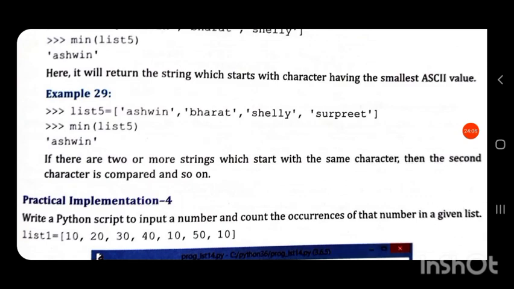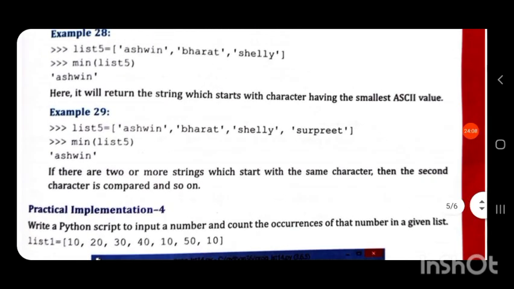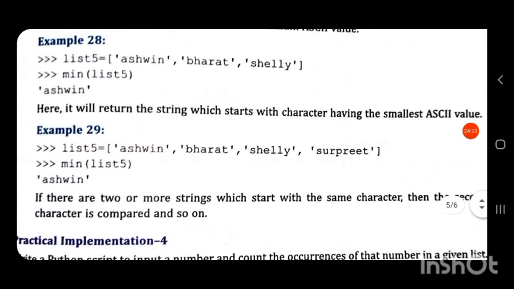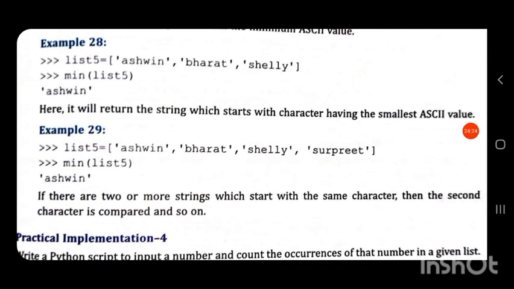Here it is the same thing: Ashwin is the minimum because all the others have ASCII values greater than this.